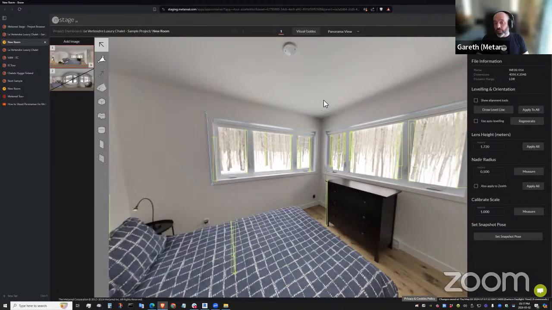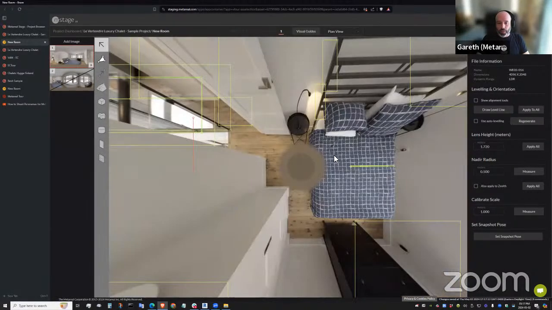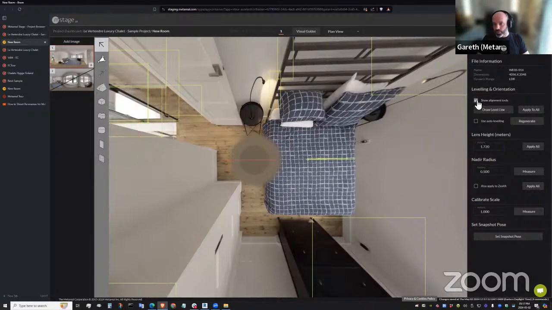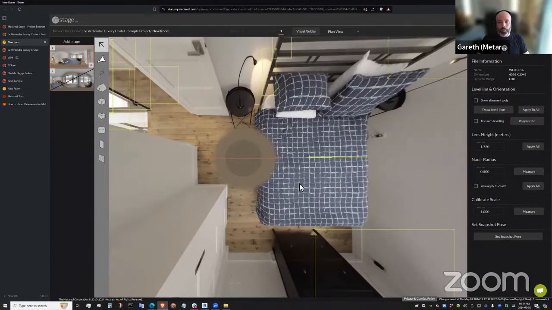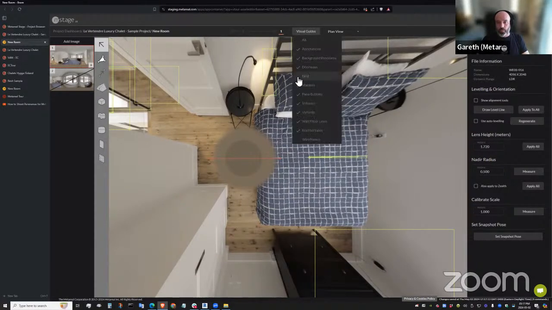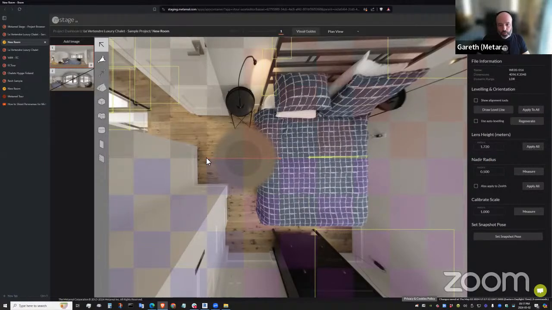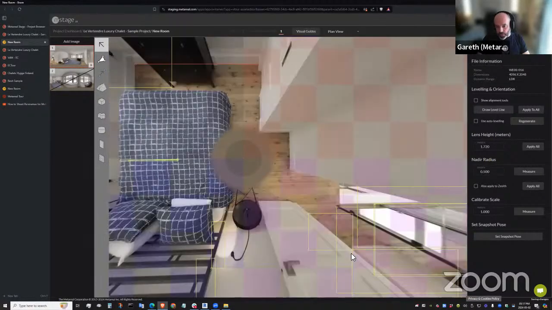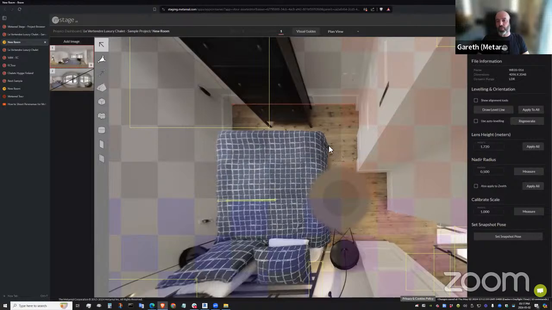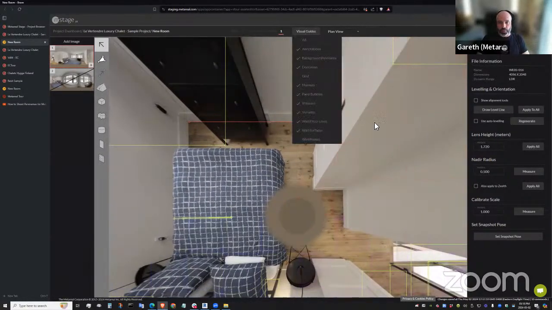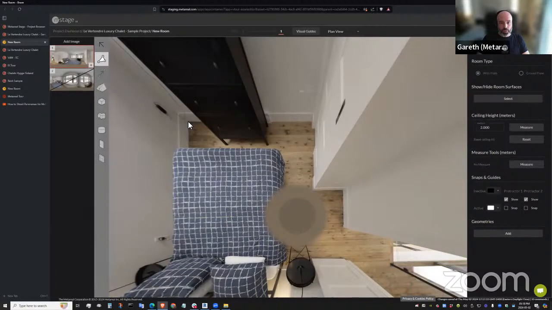So I've now added two level lines to my panorama, and if I go take a look, I don't seem to be able to switch those off. It doesn't matter. We can see things are nice and square, so I know I've got a nice level panorama. I've also got a world grid in the 3D space. If I switch that on, I want to make sure my room's aligned to that, because a lot of the tools will snap to the grid. So I'm going to use this red line to do another snap, just to make sure that the room is precisely aligned with the 3D grid. Now with that done, I don't need to see the grid anymore. I'm going to go ahead and trace out my floor line.